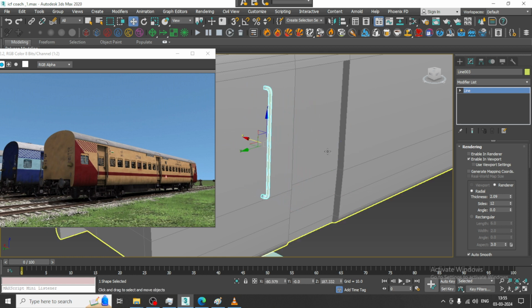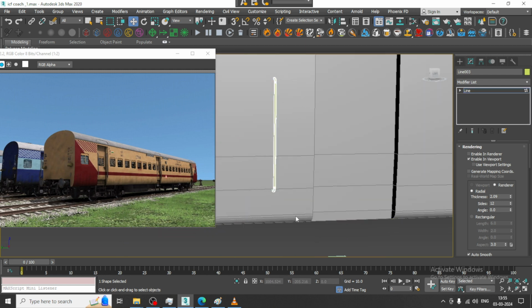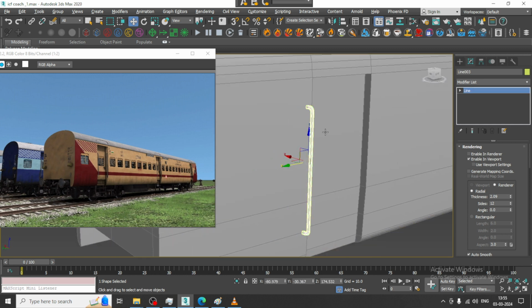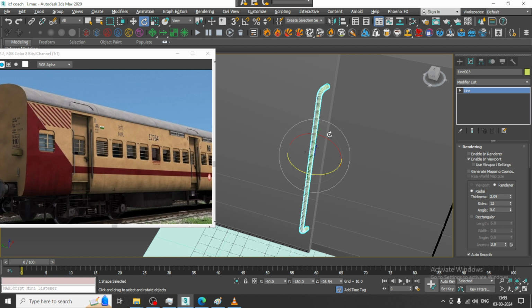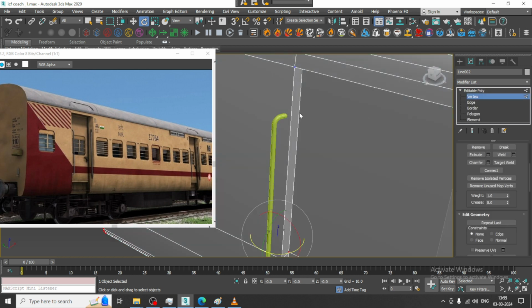So you just push it in this way, drag it down, push it up, slightly just tilt it. Okay, we'll create this over here later on, because we need to,